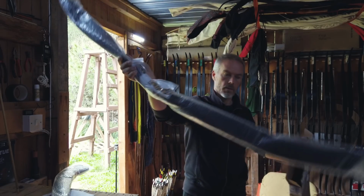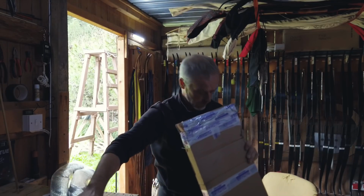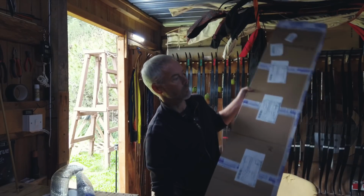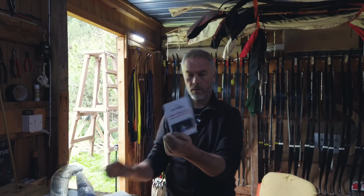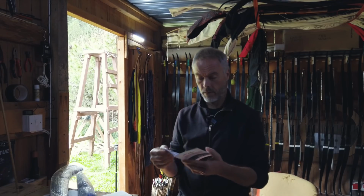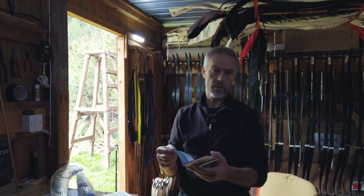So what you get is always plastic bubble wrap, the string and the bow in a sleeve. And what else do we get? What I like, obviously, you get always a small information from AF Archery, AF bow, how to string the bow, how to take care of your bow. Because people ask me, I shall do a video of how to care about your bow. I think it's the manufacturer's